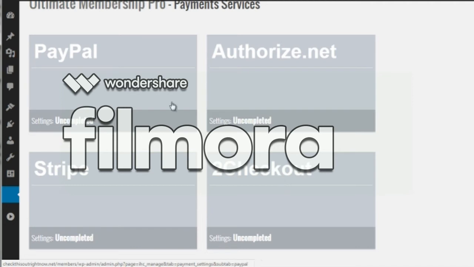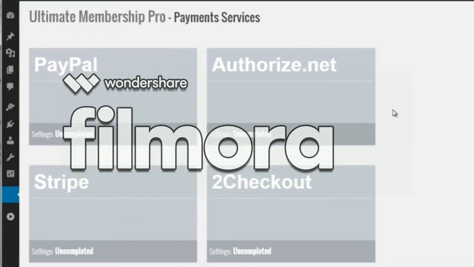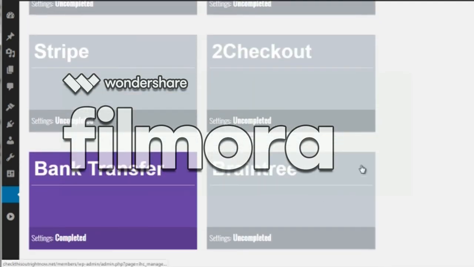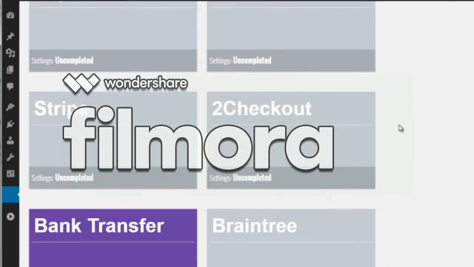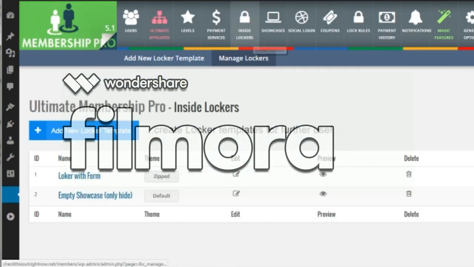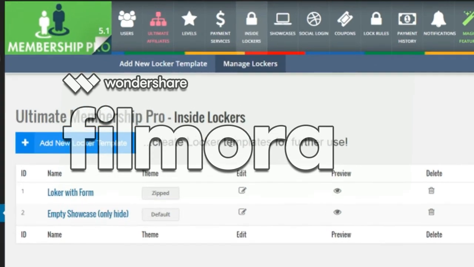Now, it's probably better if you do this or this, or to checkout you can do. They actually allow you to accept PayPal and credit cards as well. So in my opinion, I haven't really seen another membership script that integrates into so many services with such a low fee. All right, so the next thing is we have lockers, which basically gives you the ability to lock